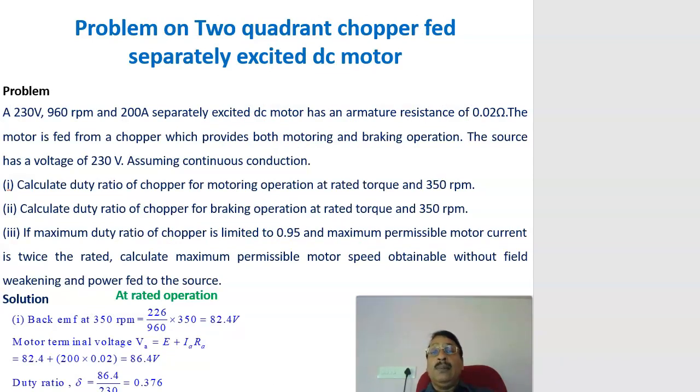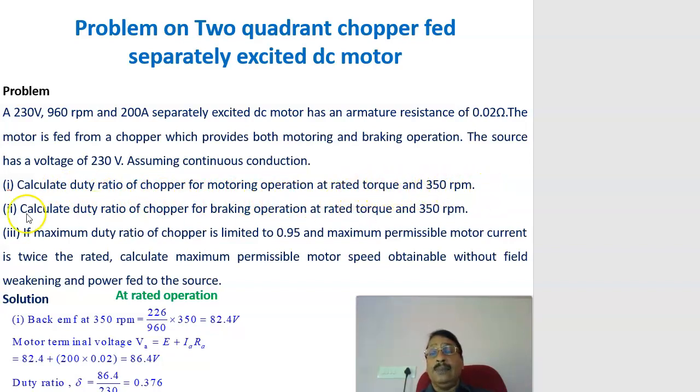Coming to the problem on 2-quadrant chopper fed separately excited motor. Now the problem is a 230 volt, 960 rpm, 200 ampere separately excited DC motor has an armature resistance of 0.02 ohms. The motor is fed from a chopper which provides both motoring and braking operations. The source has a voltage of 230 volt. Assume continuous conduction. The first one, calculate the duty ratio of the chopper for motoring operation at rated torque